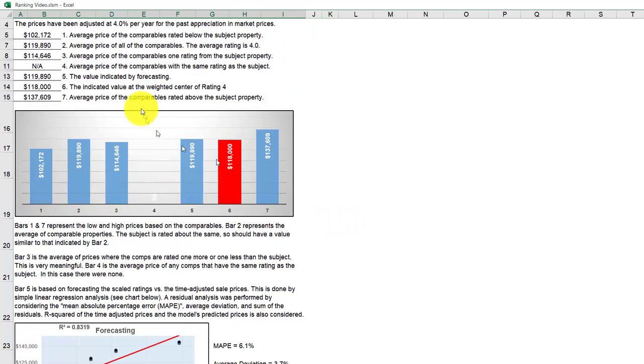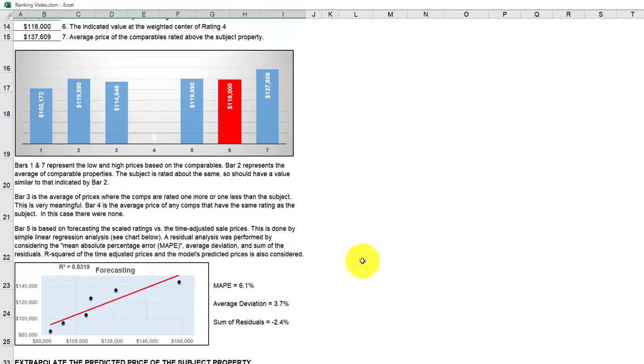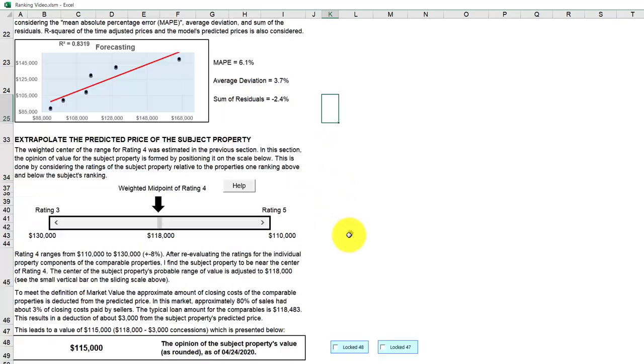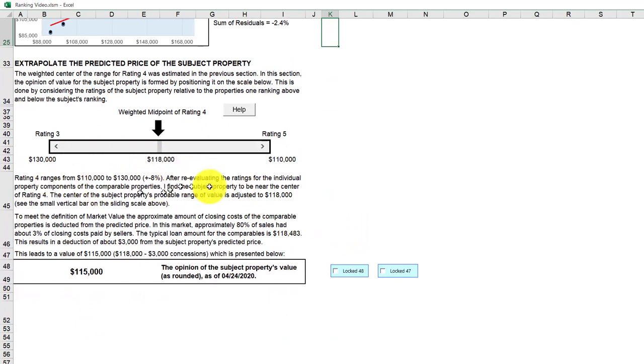And these charts here go with these 1 through 7. That's what, 1 is 1, 2 is 2. And then it shows, if you run a straight line, where some of these sales are on this line. Okay. So it shows that. Then it gives us a MAPE, and remember that's from a residual analysis. That's the mean absolute percentage error. It gives the average deviation of those numbers. Some of the residuals, we like it to be 0. And then it gives us kind of a value.